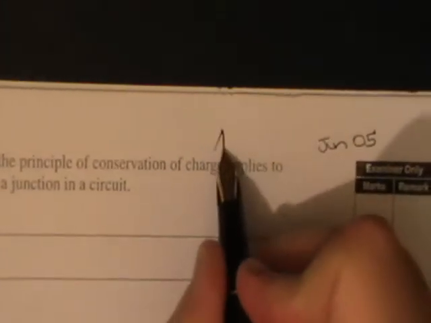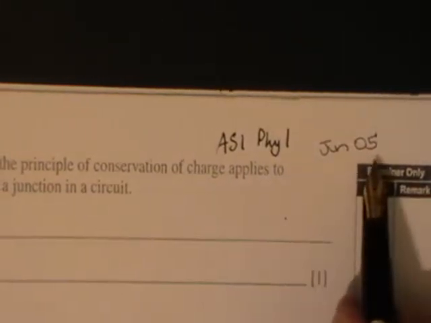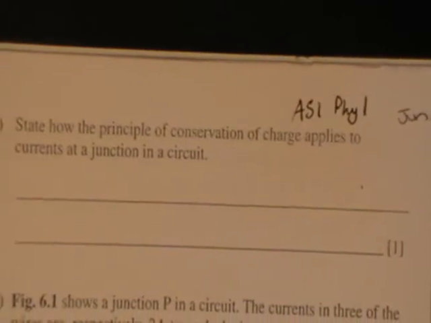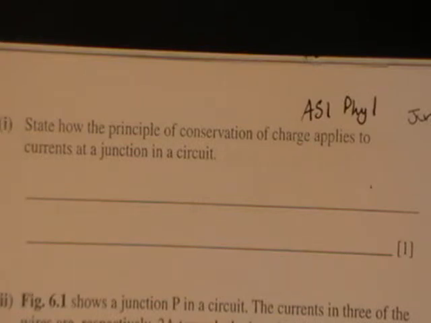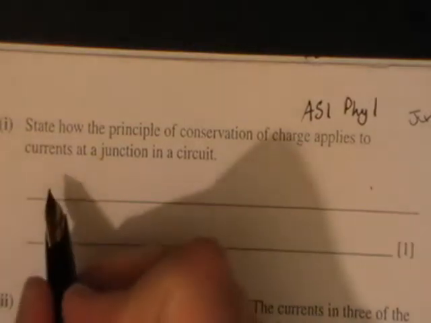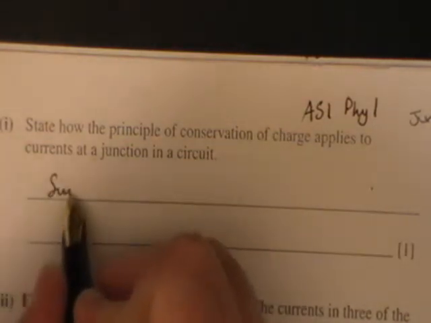Okay, so this is AS1 Physics 1, June 2005, and this is question 6 from that paper. The first part of the question is, state how the principle of conservation of charge applies to currents at a junction in the circuit. Well, that's fairly straightforward because the sum of the currents into the junction,